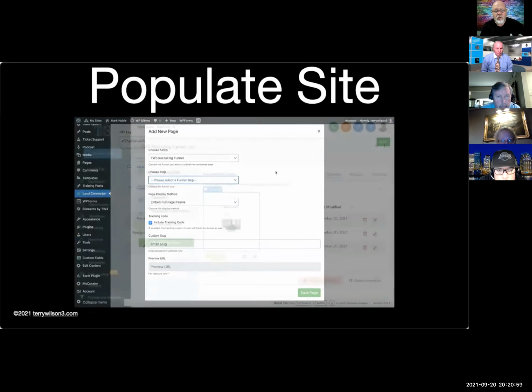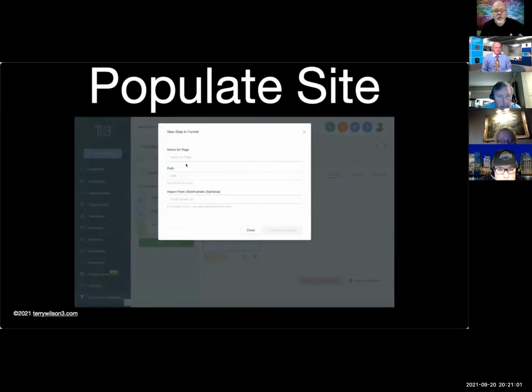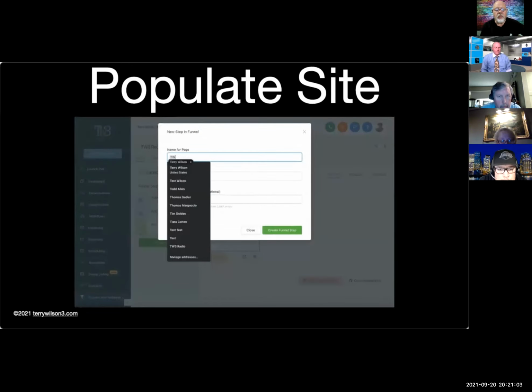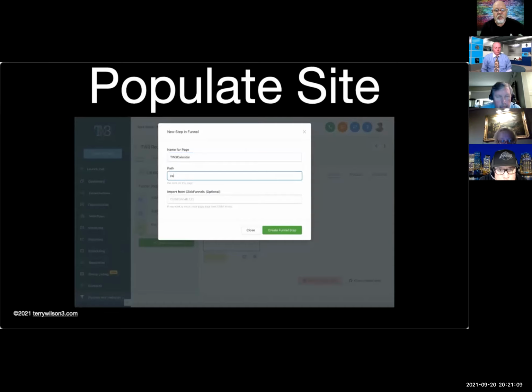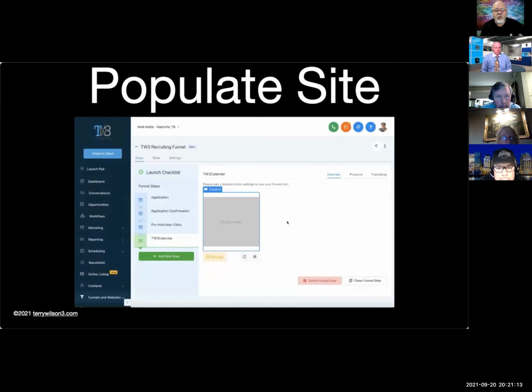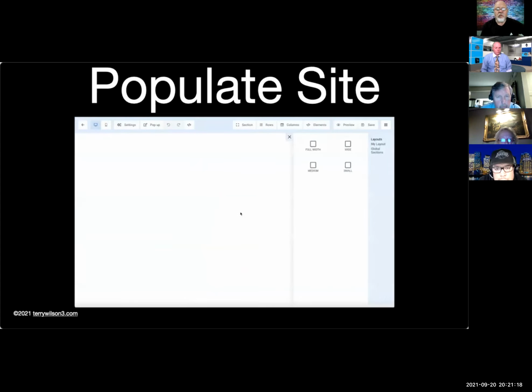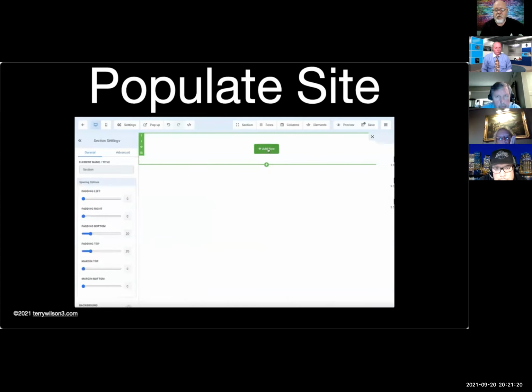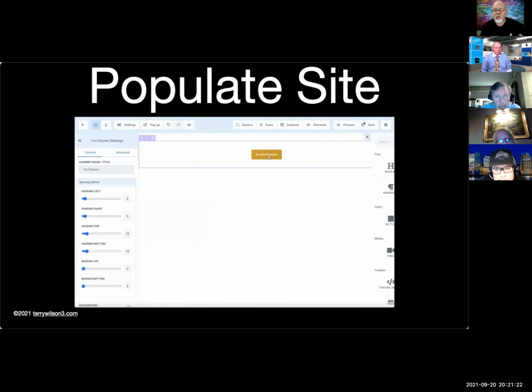So I'm going to go back over to my app real quick. I'm going to hit add new. I'm going to click on calendar and call it TW3 calendar. I just went back to the TW3 funnel there under funnels and I'm going to name it TW3 calendar. And right there, hit edit page and then full size, full one column, just keep